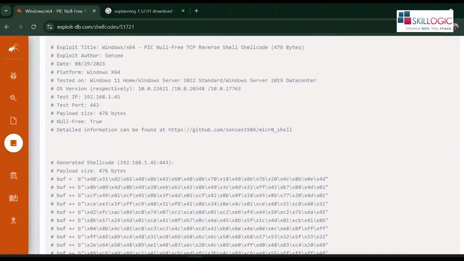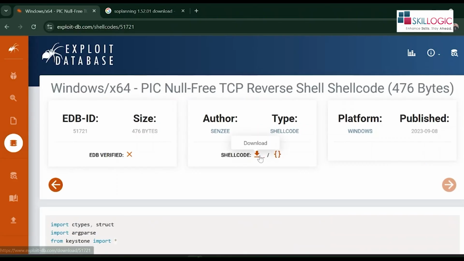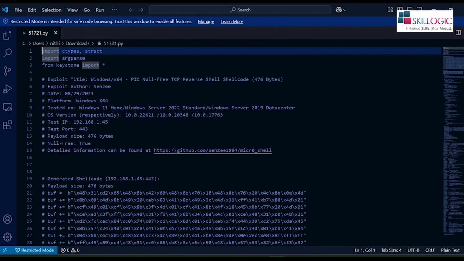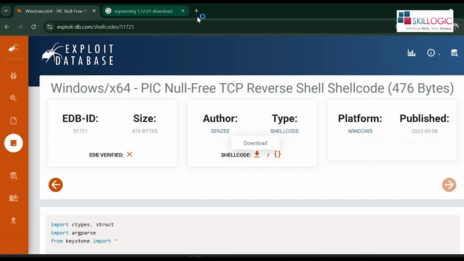by this. Okay, so if I'm simply generating the code, I want to download this. If we download this, it is a Python file. So either you can directly open it in your VS Code to run this. It's going to have all the information. So who has found it, the complete clear information is also here. This is that person's GitHub also. So let me see how to exploit using the shellcodes,